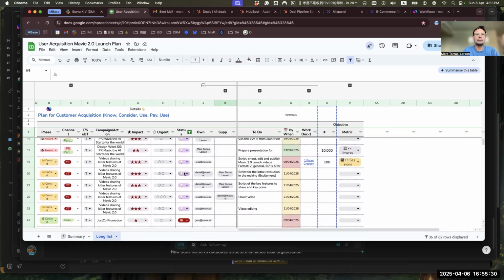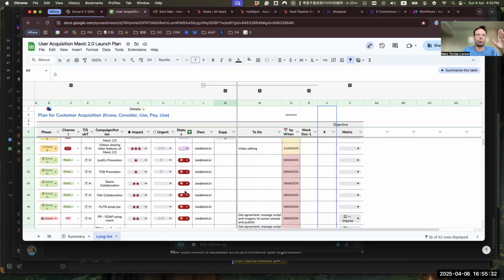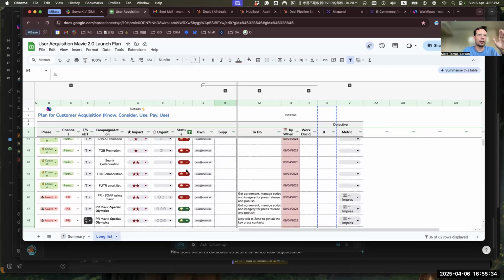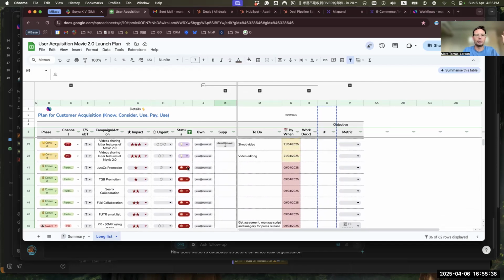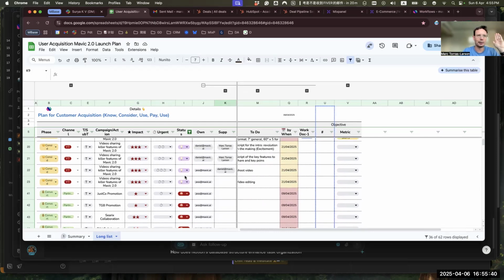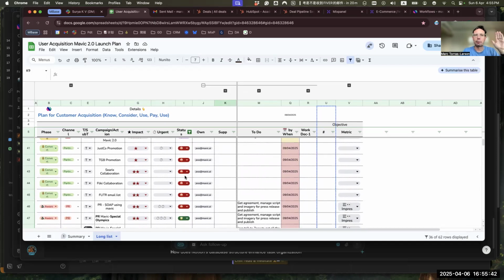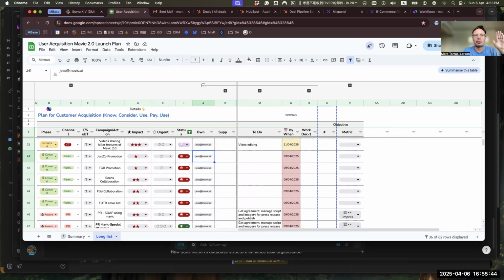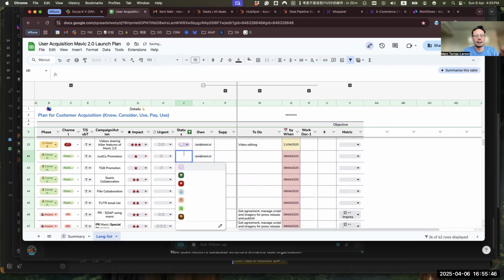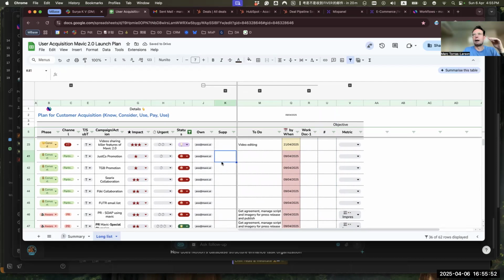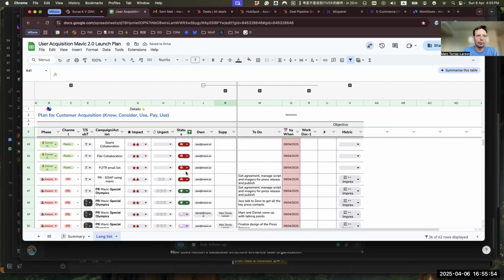Then this is the key thing: status. You will need to look at anything that is, for example, blocked. I'm putting it as blocked here just because I want to have it in mind, but we're not going to do this. We're not going to give it priority, and that's why I'm putting it as blocked. Ideally, I would just cancel it, but I'm not going to, just because it would unfilter it that way. But it doesn't matter. I'm going to put it here.